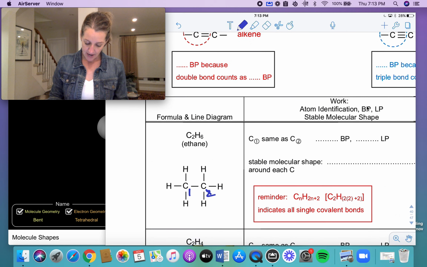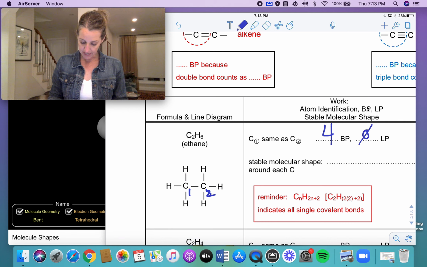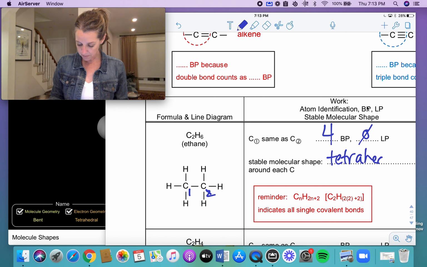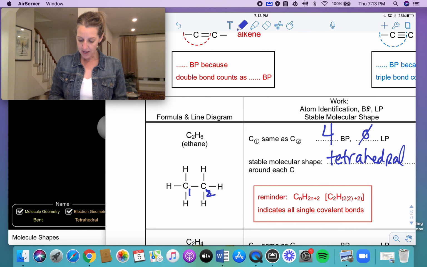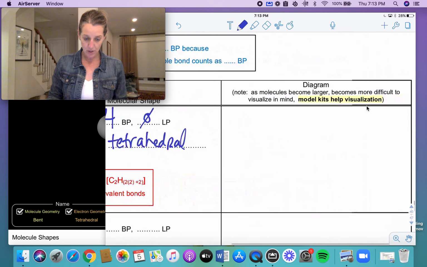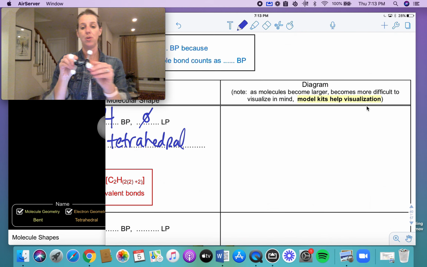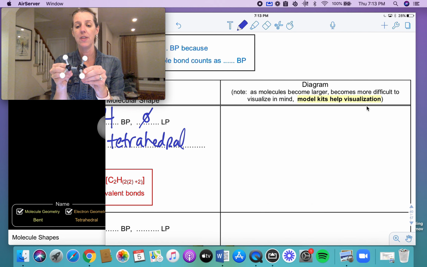Each carbon has 4 bonded pairs of electrons, 0 lone pairs of electrons. What's that stable molecule shape? Something with 4 is tetrahedral. Okay, how do you draw this? You could build it, you can draw it. I'm going to show you it's going to look like this, and the only thing I'm going to tweak, and